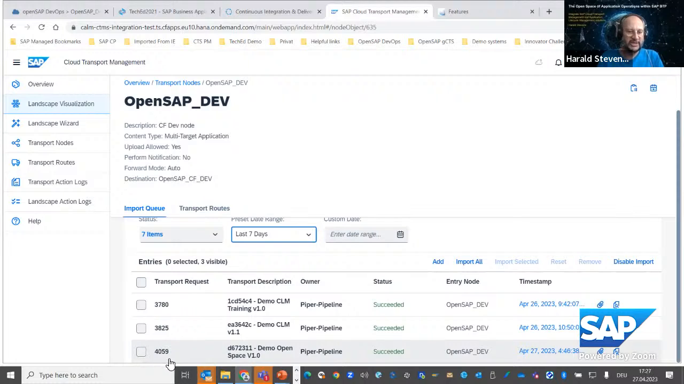And let's concentrate here on the transport request 4059 connected to the demo open space version 1.0, which I did before starting the session. And it's connected to some commit ID, which is also mentioned here. At least the beginning of the commit ID is mentioned here, D67. Yeah. So this is a very specific state of my application development, and it is now here in this transport